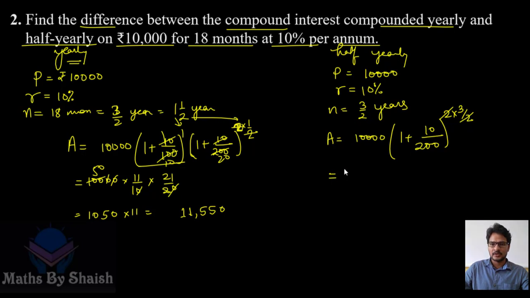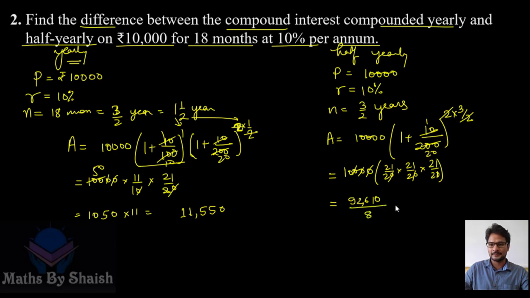it would be 10,000 into 21 over 20, into 21 over 20, because power is 3, so we'll multiply by 3 times this, so the zeros cancel, and we got this as 21 into 21 into 21, which is 9261, and then multiplied by 10 is